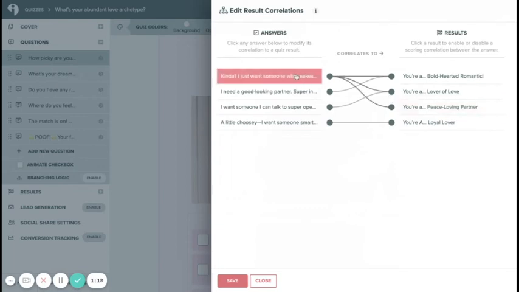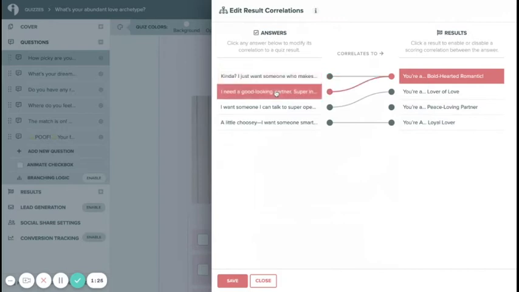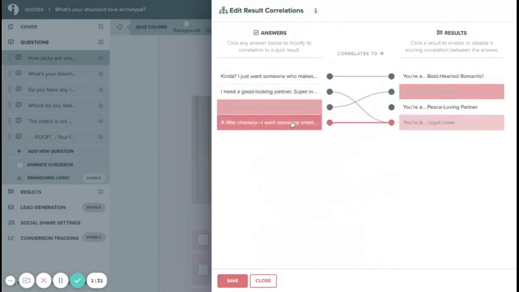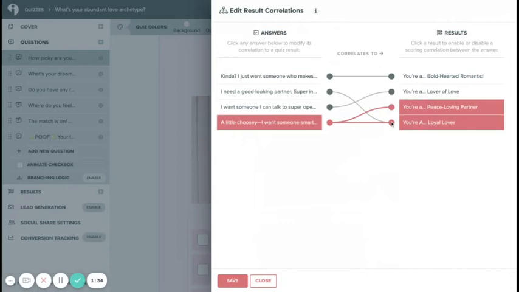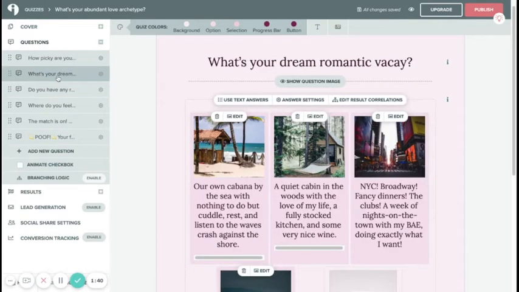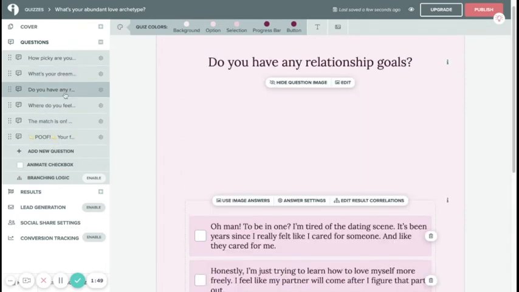I don't want that. So I'm going to tap on the answer and I'm going to untoggle. So this answer goes to this result. This answer goes to this result. I turn that off. This answer goes to that, and this answer goes here, and we turn that off. Ta-da! Save. We need to do that for every question. And just like I said before, we're going to use text answers. And then when you're done with editing all of your